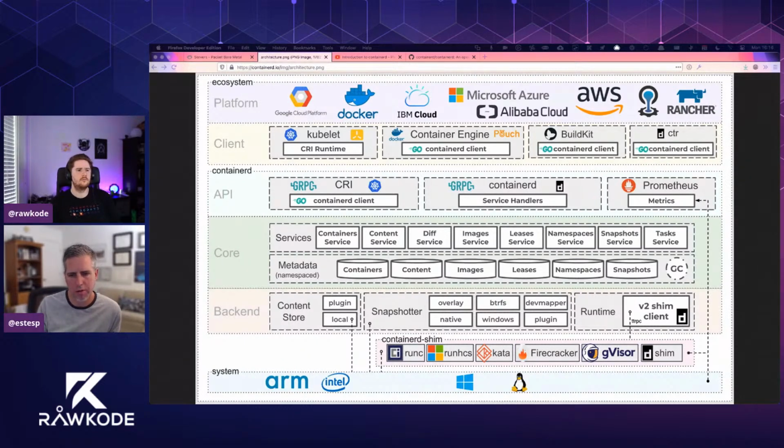And again, if you've ever configured the Docker engine with a specific graph driver, like, I use overlay or I use device mapper, we call those snapshotters in Containerd lingo. And so again, we support a lot of the same ones you've seen before, but it's also pluggable. And that's interesting in that if you don't like any of these snapshotters, you can write your own.